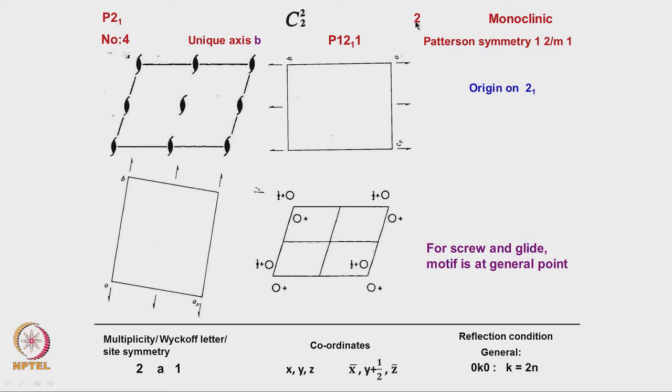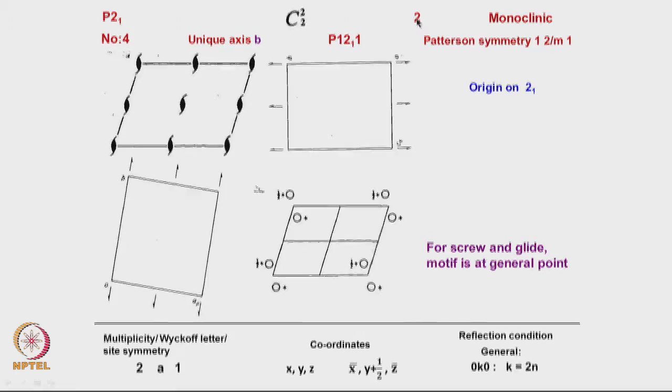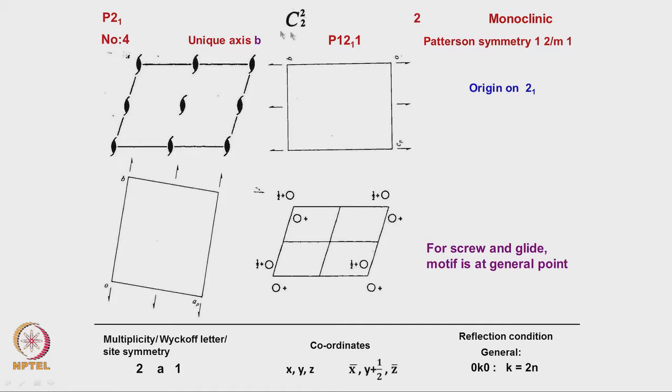The difference between point group symmetry and space group symmetry is that in the space group symmetry, if we remove the screw or the glide, what will be left behind? If we remove glide, then it becomes a simple mirror. If we remove screw, it becomes a simple rotation. That is how the space groups are mentioned. So here, this just shows the point group symmetry. This is the Schoenflies symbol, and this is the space group symbol which is followed now.